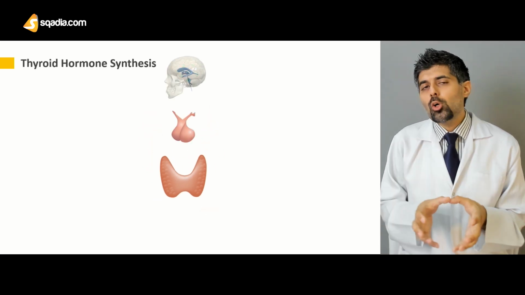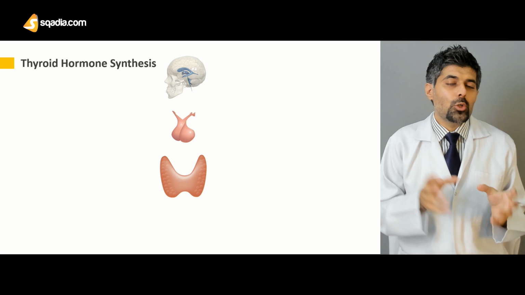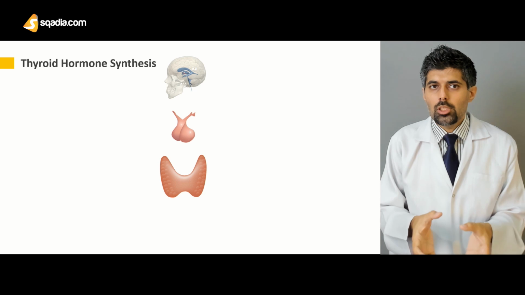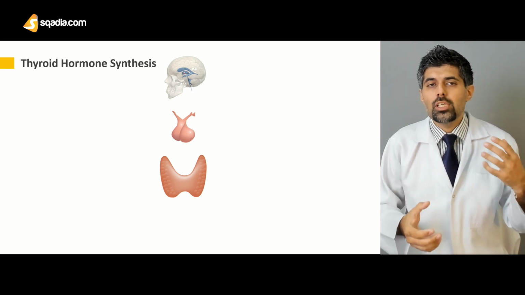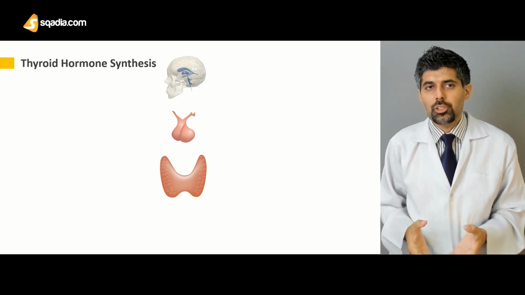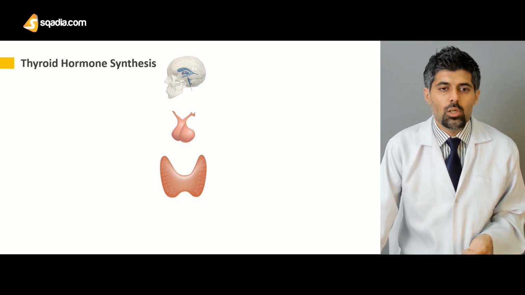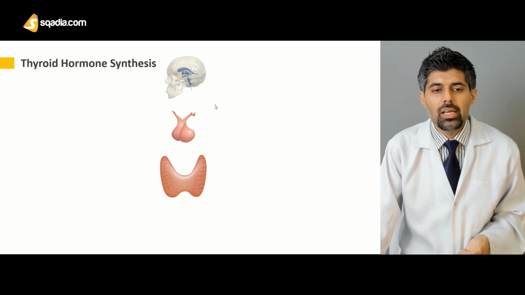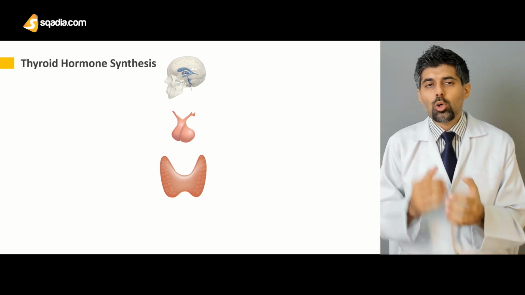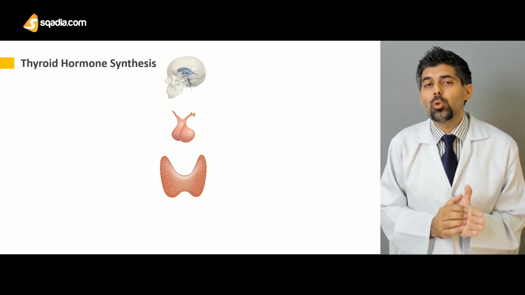Now, the thyroid hormone synthesis is a complex one because there are two main bodies which dictate to the thyroid gland how much of the thyroxine and T3 they are allowed to release into the bloodstream. Now, these two bodies are the hypothalamus, which is this part of the brain, and the anterior part of the pituitary gland. And because of their influence on the thyroid gland, it is what is known as the